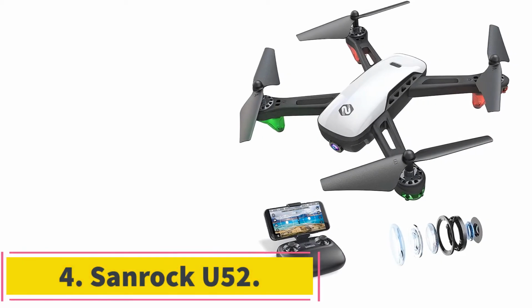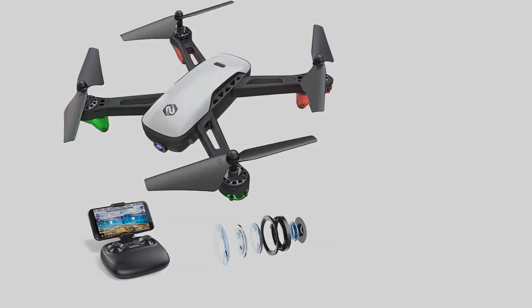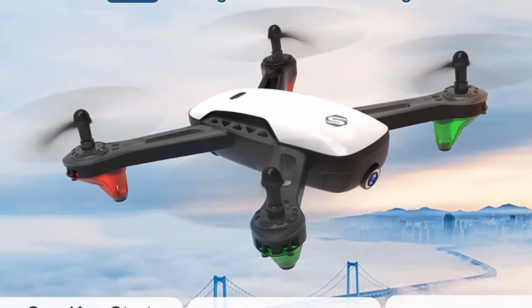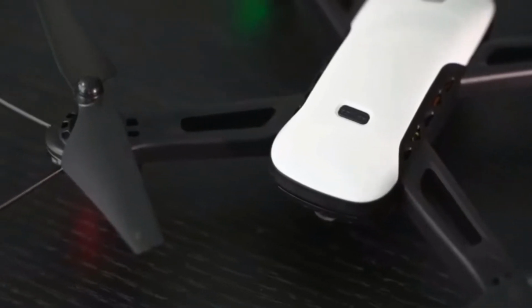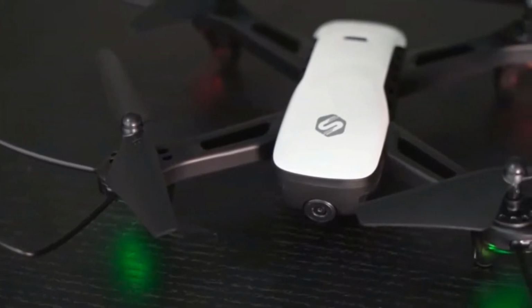Number 4. Sanrock U52. Sanrock U52 is one of the best drones under $100 on the market. It's jam-packed with all kinds of features that make it fun and easy to fly for both kids and adults. Although it seems like a decent camera quadcopter by most standards, it does come with a flip side. For instance, if you're looking for an aerial camera, this might not be an ideal drone for you because it